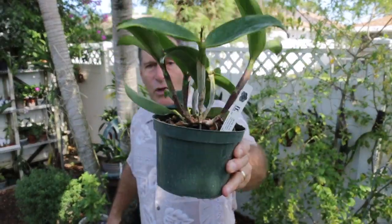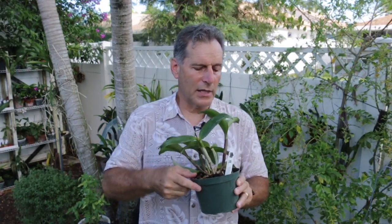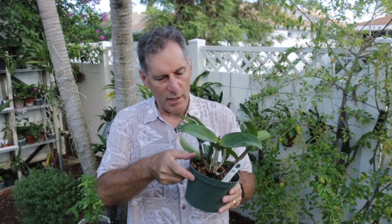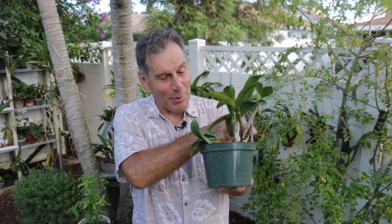There's good new growth on there. There's a lot of spotting on the leaves on this plant, and even on some other parts of the plant, in the sheaths that are covering the pseudobulbs. So this is going to be spotted. I have no idea what this is going to look like, but it's a good vigorous plant. This is going to stay in this pot for a little while. I don't think it's going to be huge, medium size, spotty flowers, red and white, and we'll see what this